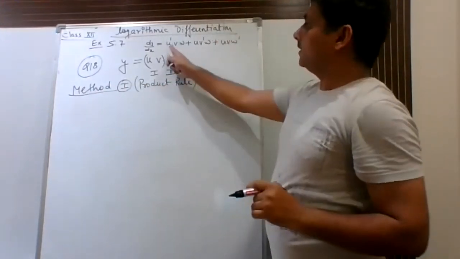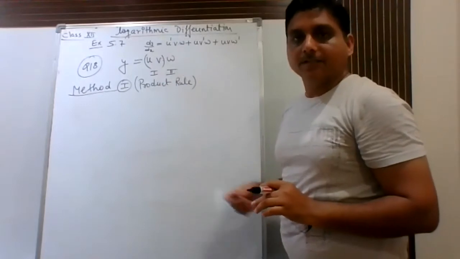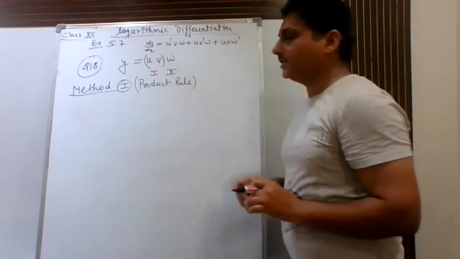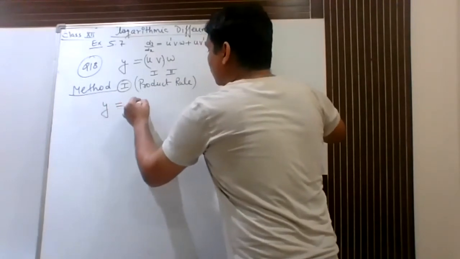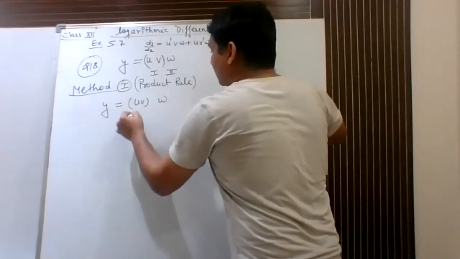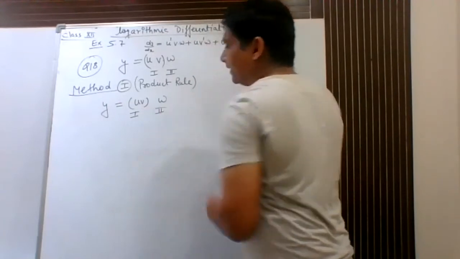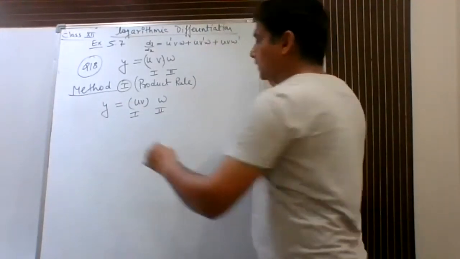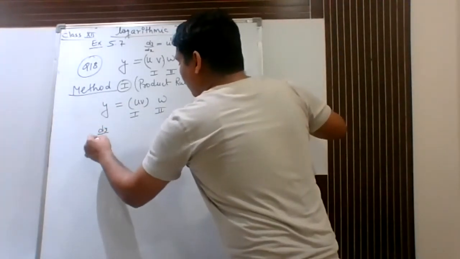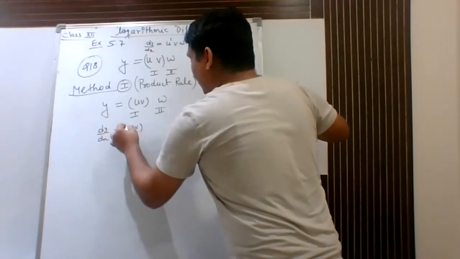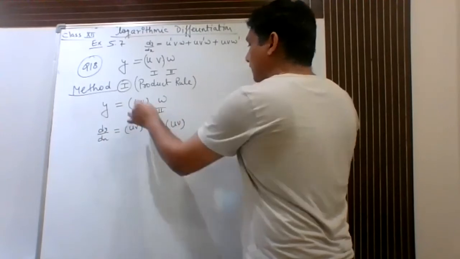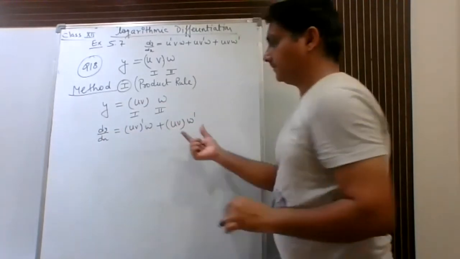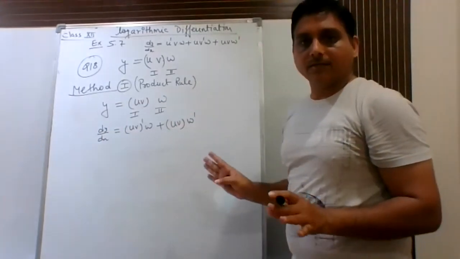So dash also stands for derivative. This already I had told you in previous lectures. So now let us apply the repeated application of this product rule. So UVW, this can be taken as a first function and this as a second function. So dy upon dx will be equal to (uv)' that is first's derivative, second as it is, plus first as it is, second's derivative. So this is by using product rule.